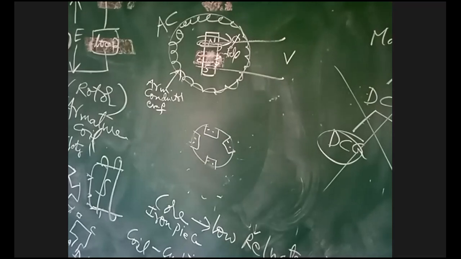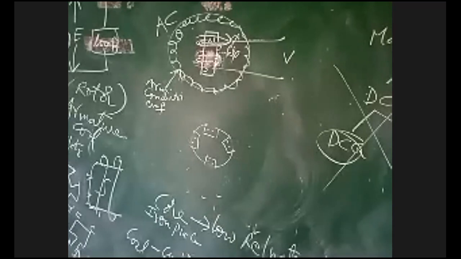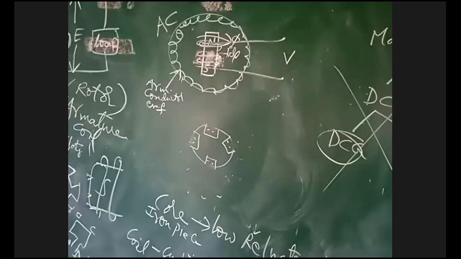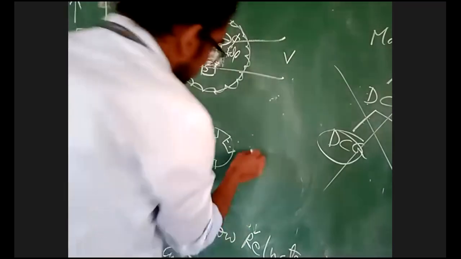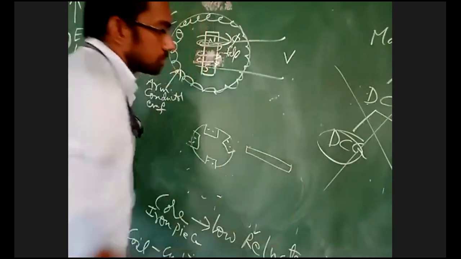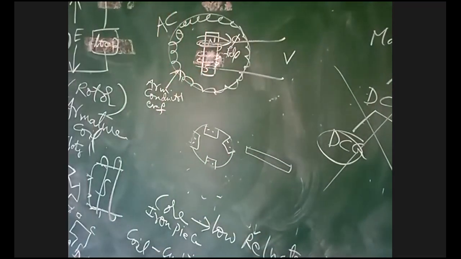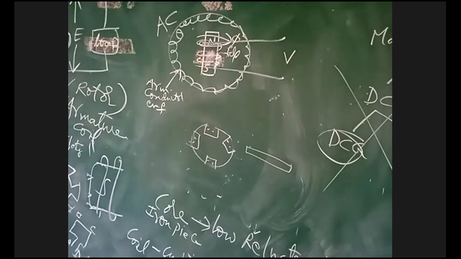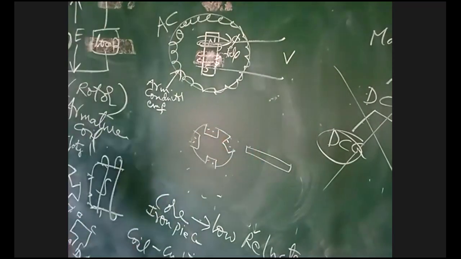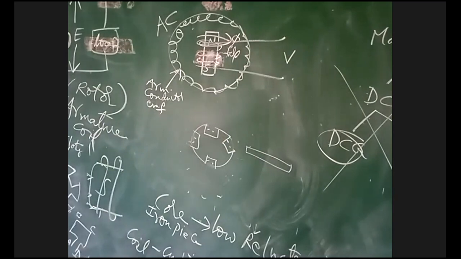Copper coils, armature coil. But here in the slots, now I am not placing the coils. I am placing the iron rods. Sir, not iron rods, copper rods. See, this is the copper rod. Instead of copper coil, I am placing the copper rods on the periphery of the armature, on the cylindrical armature. Instead of copper wires, I am placing copper rods.